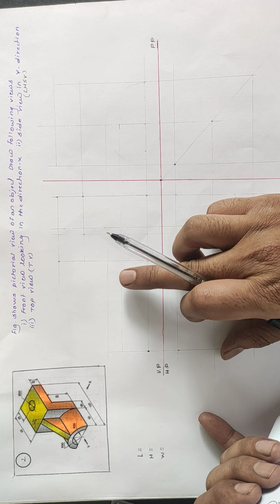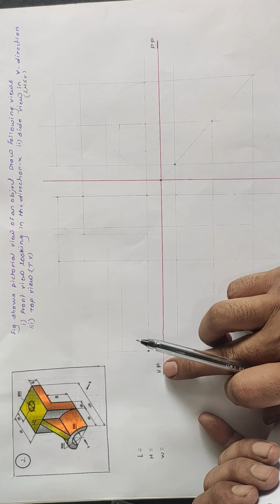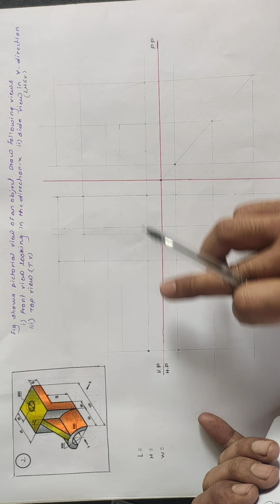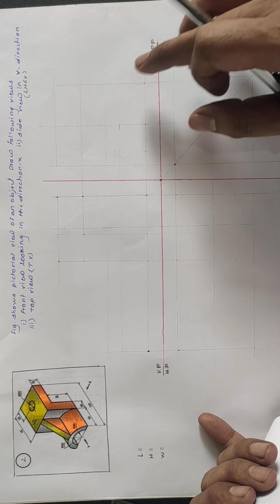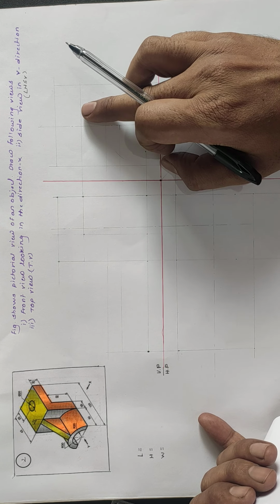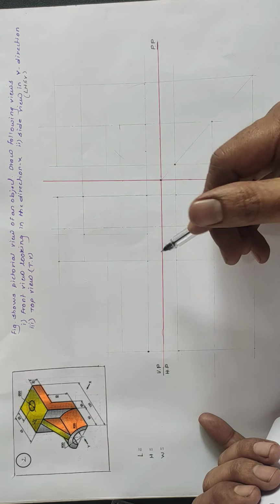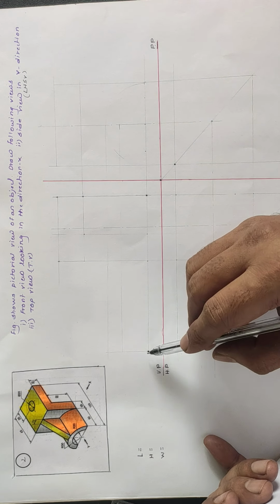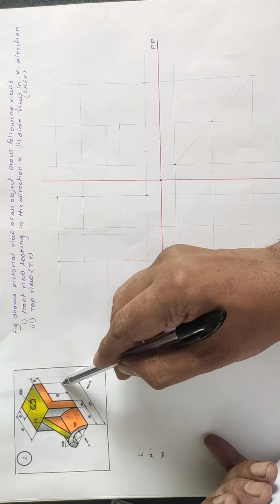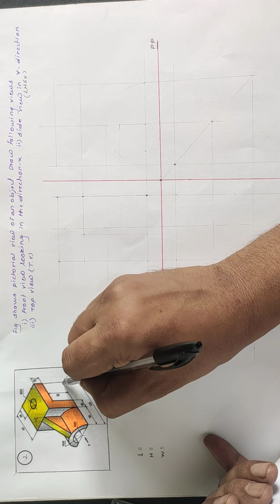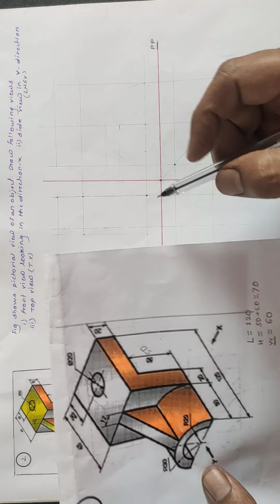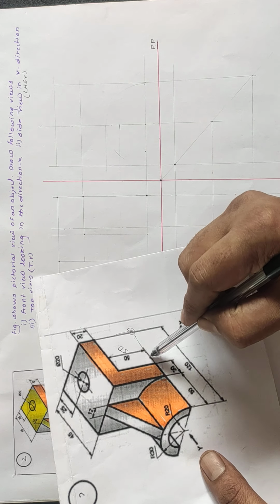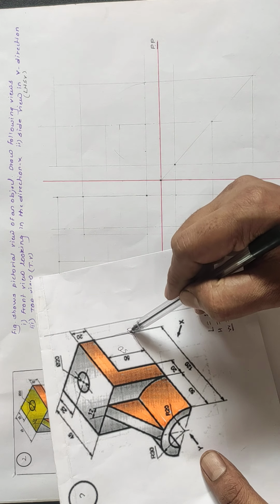The front view is present here, so we can represent the vertical plane. Below that, the top view, we represent HP, the horizontal plane, and this is the profile plane. This is the left hand side view looking from the Y direction. Let us start with this corner of the object. We start with this point, or you can also see it in this figure, this is the point. Here material is not present, so there is a gap.